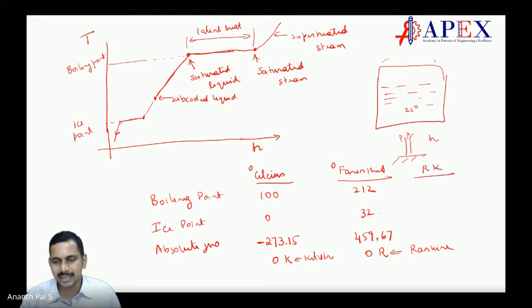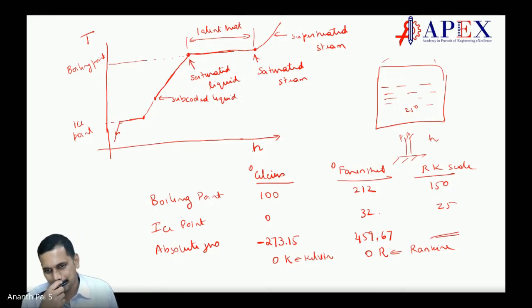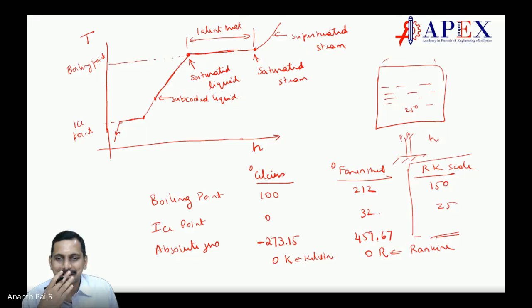In the RK scale, we will have boiling point as 150 and freezing point, tell me, for the RK scale. Keep another one. Yes, sir. 50, or 20, okay, sir. 25. Can you call absolute zero? What is that? Just like that. Calculate. So absolute, even that I should define, right? No, with this only you can do it.